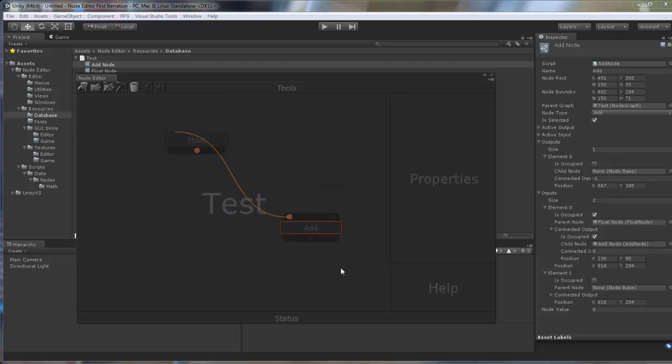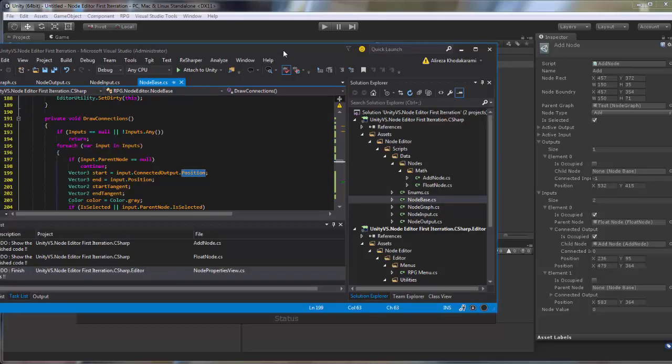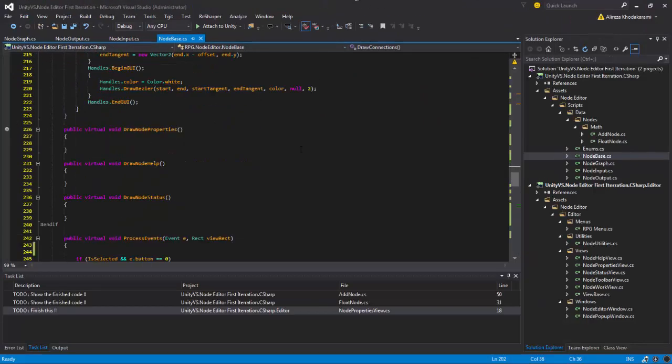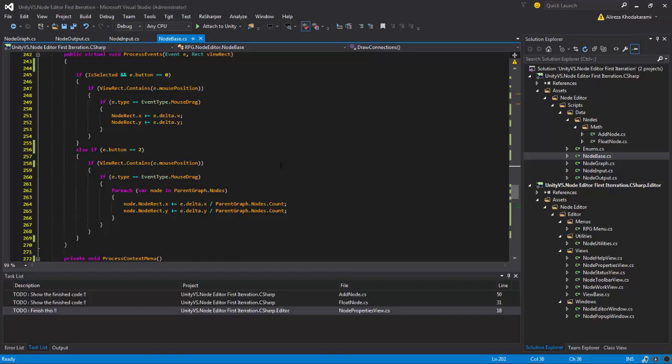Huh. Oh, you see, now I'm moving it. Oh, look at here. The connected output position is not updating itself. That is why. So now I know what's going on. Inside process event, after everything, we say